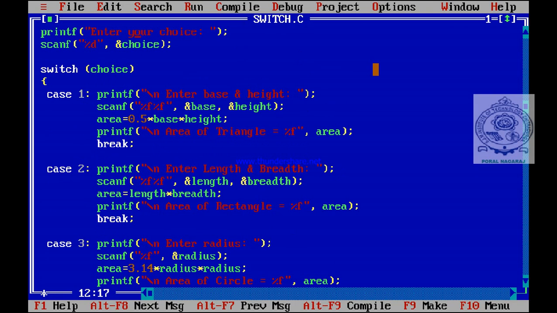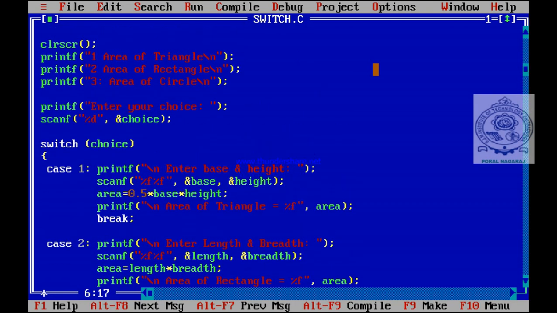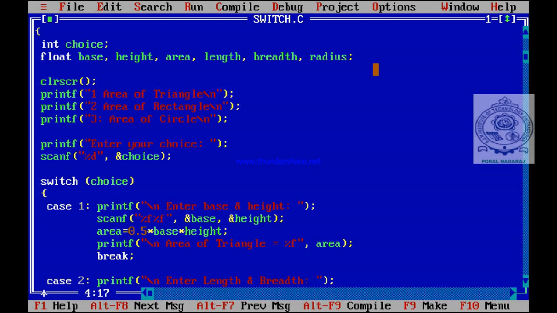And one more point regarding the switch statement, very important. This choice can be either integer or character. So instead of integer here, I will declare the variable as character. If I declare it as character choice, then here I will use triangle. For triangle, instead of 1 I will write T, instead of 2 for rectangle I will write R, and instead of 3 for circle I will write C. So in scanf, choice, now the choice data type is character, that's why your format character should be changed to %c.